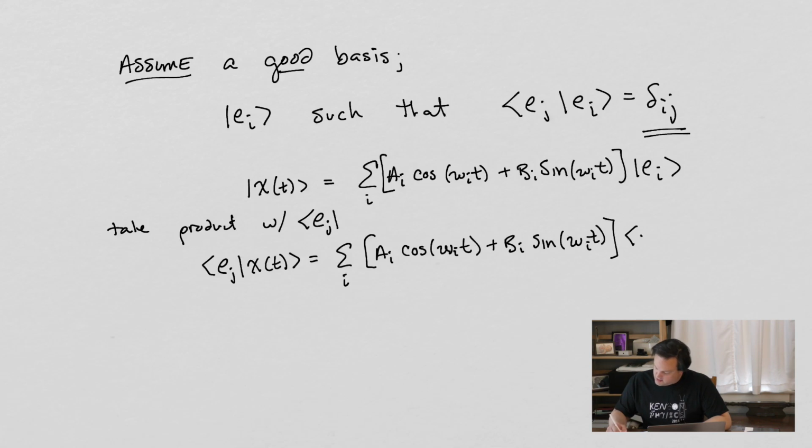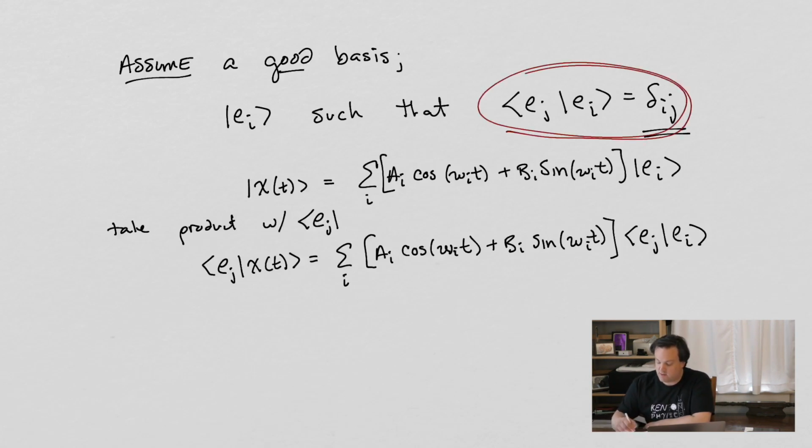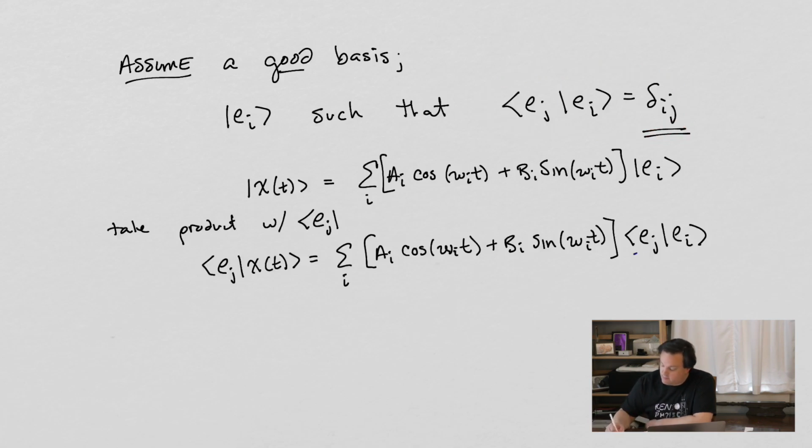And I'm left with just e sub j dot e sub i, right? Now, you can see why imposing this condition matters. In order for me to really make this Fourier trick work, it's important that my basis is orthonormal. So when I do that replacement and put in delta ji here, this delta function does something very special